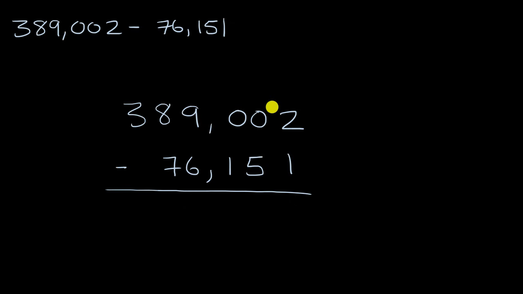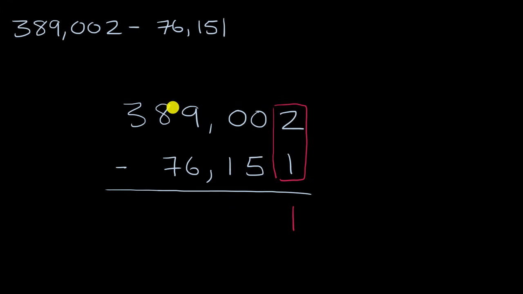So the first thing we might do is look at the ones place. Here I have two ones, and I'm going to take away one one, so I'm left with 1 one. That was pretty straightforward. But then things get a little more difficult in the tens place. How do I take 5 tens from 0 tens? Let me not think about that for a second. I have the same problem in the hundreds place. How do I take away 100 from 0 hundreds? Now when I go to the thousands place, I can take away 6 thousands from 9 thousands. But before I do that, I want to regroup so that I don't have zeros here, so that I can take away from the hundreds and the tens place.